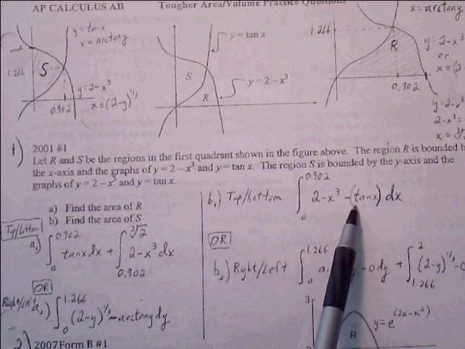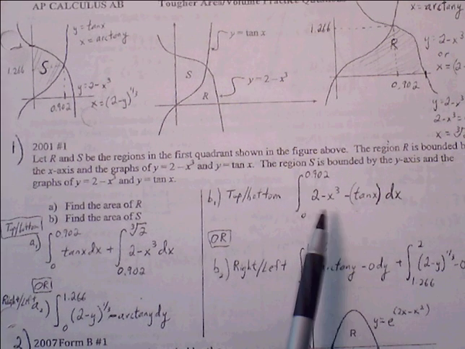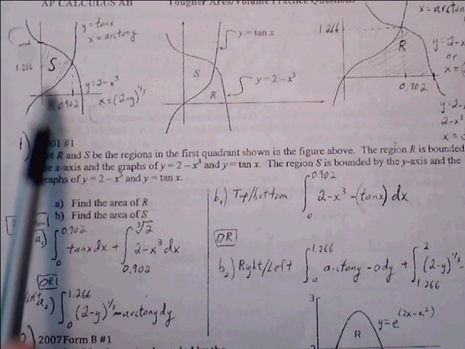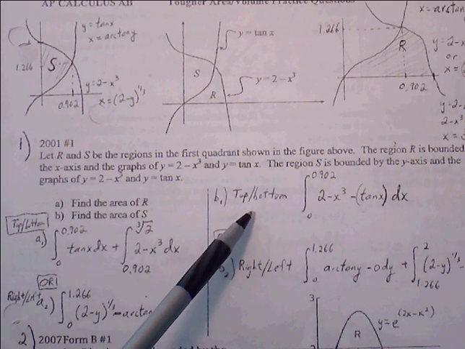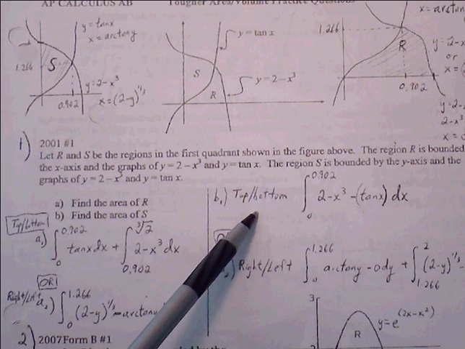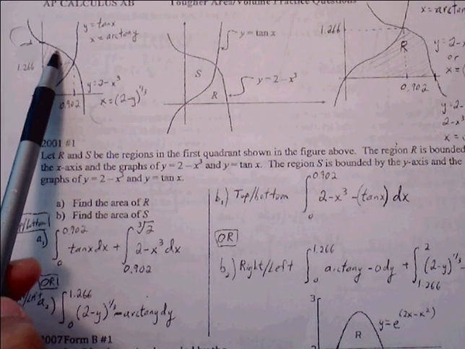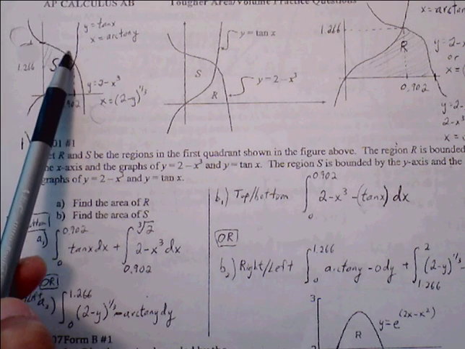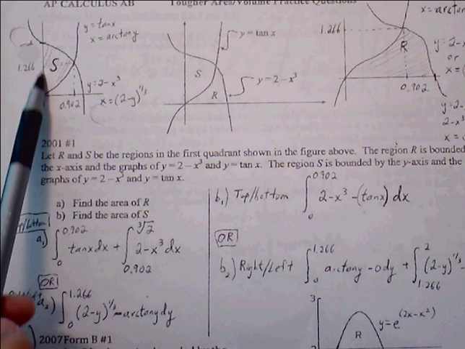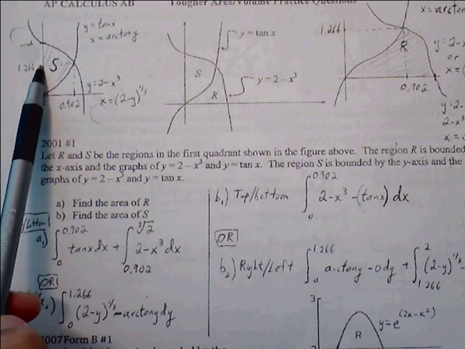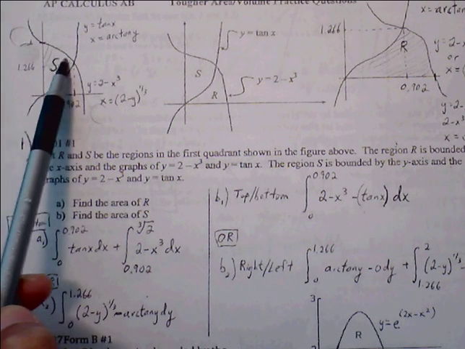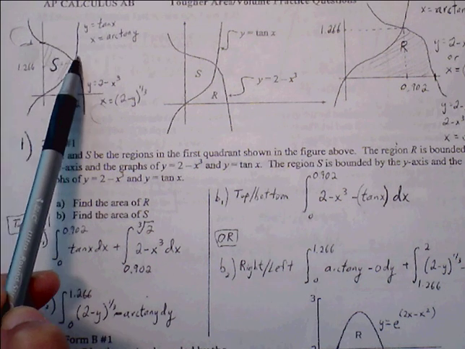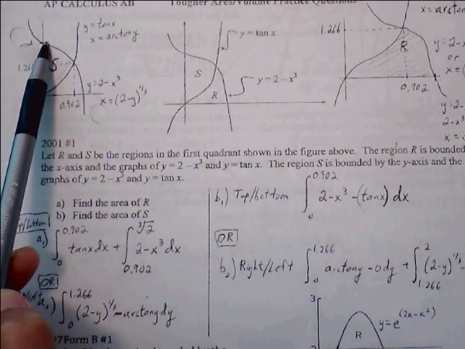Okay, so that's one way to do it. Another way that we can do this is to split this up and do it in terms of right minus left. We could also do that, but it will most likely not be your first choice. But just to practice, we can do right minus left. If we think of this as the right curve and this as the left curve, the left curve is staying consistent no matter where you draw a horizontal line. But depending on where you draw a horizontal line, there's going to be a change in the right curve